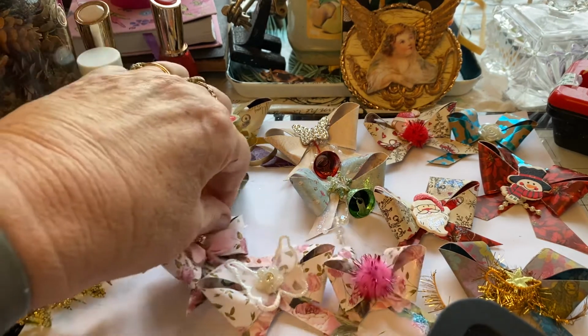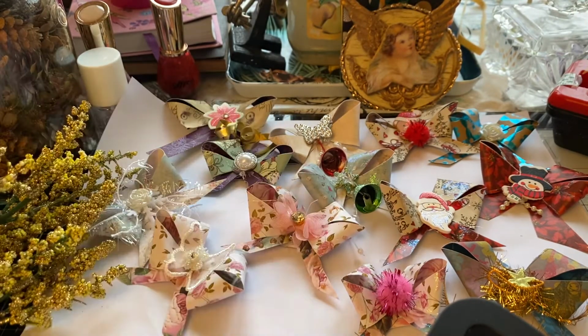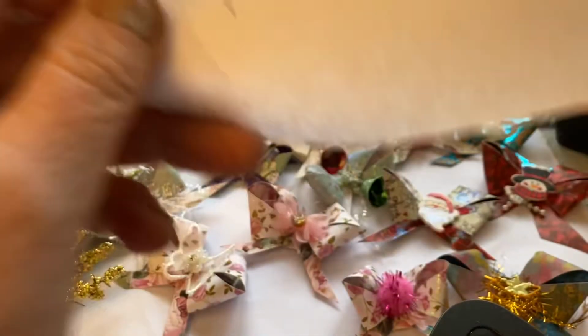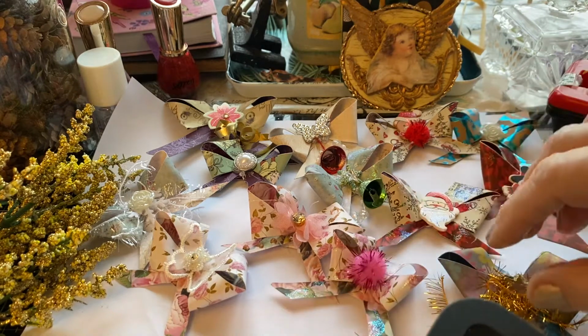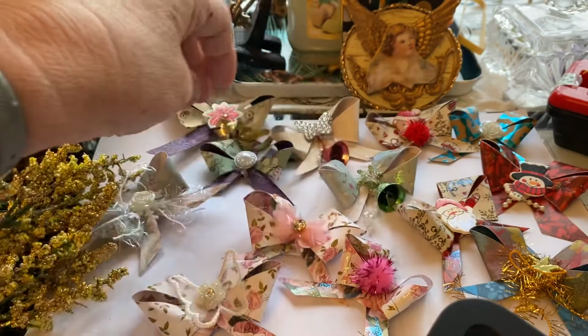Come on today to show you these, well I think they're lovely anyway, little paper bows. I was watching, I never know who to say, Gi Kerr, a lovely lady on YouTube. I mean, she could be on Facebook as well, really. But anyway, she gives lovely tutorials and they're really easy to understand. And she's showing us how to make these lovely bows, as I say,